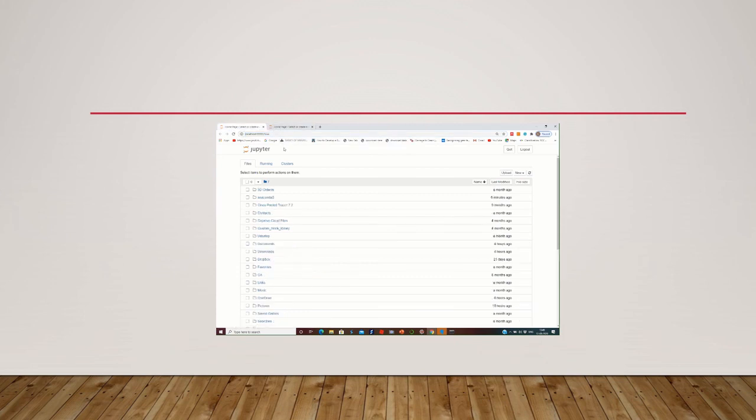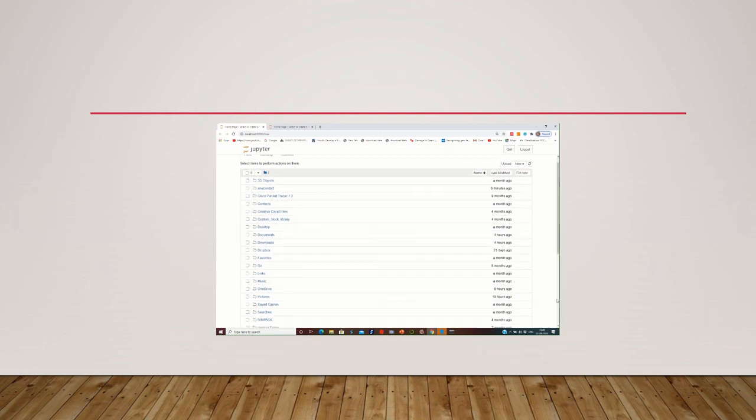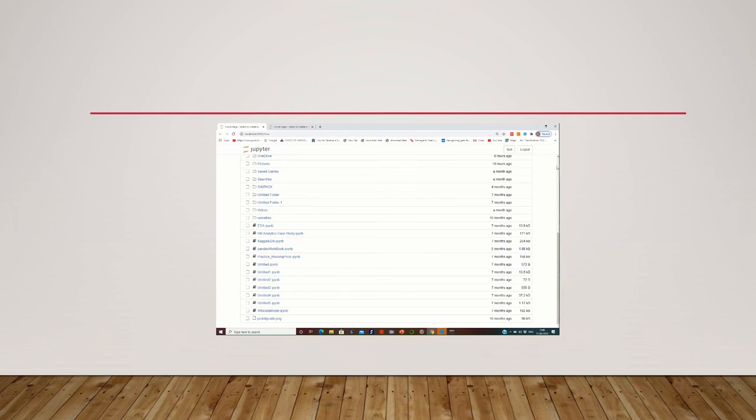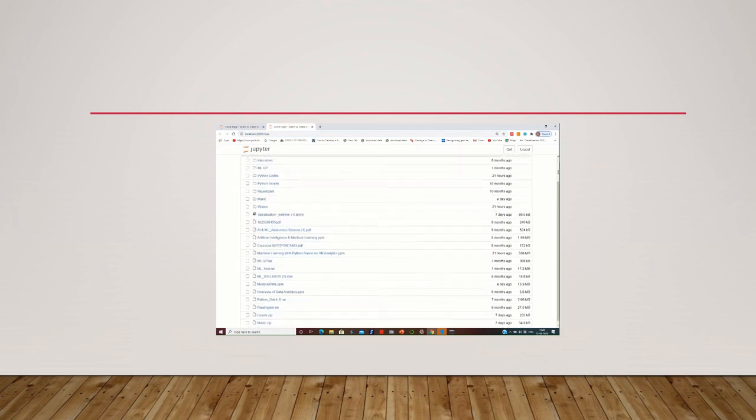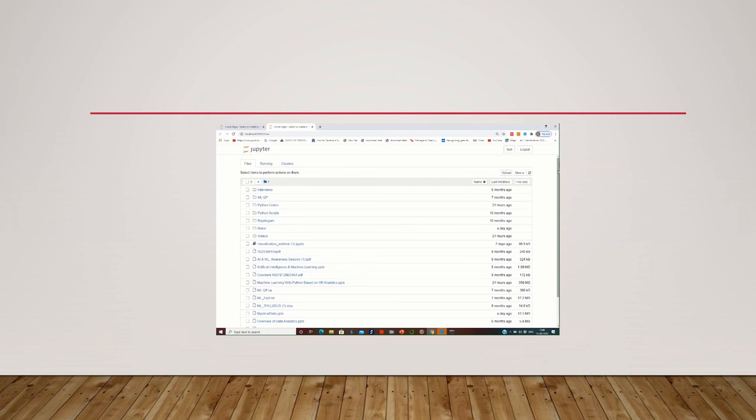What is the difference between this? Here some of the folders are listed, right? But the child folders will not be listed in this. Whatever folders are present in that tree folder, the parent folder, that alone will be shown here. So here you can see I am using the folder which contains all the child folders, which is not available here, right? So I'm going to use from here.